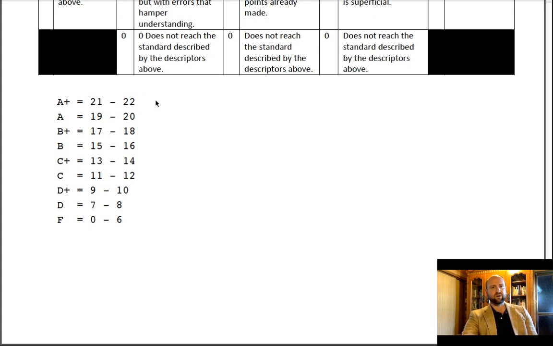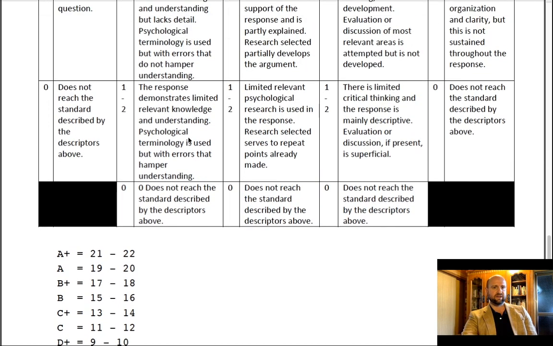So if they get 21, this is an A+, for those of you that have to have a letter grade as well. Now, experienced teachers might be thinking, man, 19 out of 22, that's pretty high. You're looking at a 7, or even 17 out of 22, you're in the 6 and 7 range, it's only a B+. I tend to grade a couple of points more generously than the IB,